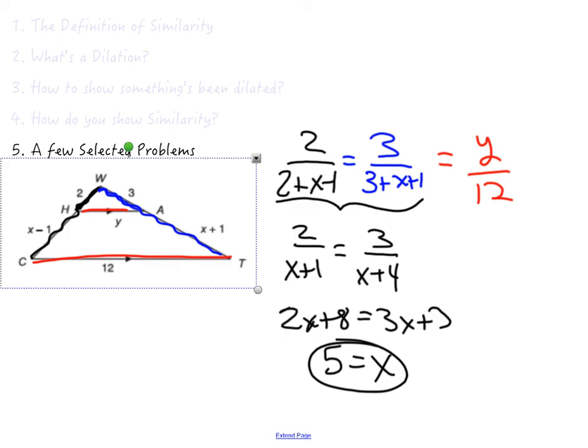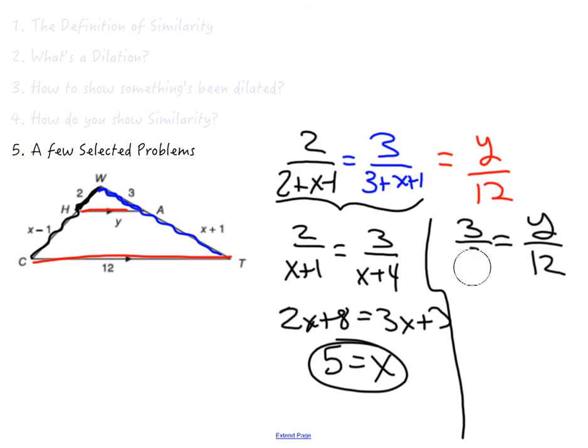Trust me. All right, so if we take this 5, kick it back into one of these two x value ratios, I'll just use a blue one. So that'd be 3 over 5, 6, 7, 8. Should see as y over 12. That's a pretty simple ratio. It should be 3 over 9. 3 over 9, 5, 6, 7, 8, 9. That's an even easier ratio. 3 over 9. Here we go. So we'll see, 36 is equal to 9y. y is equal to